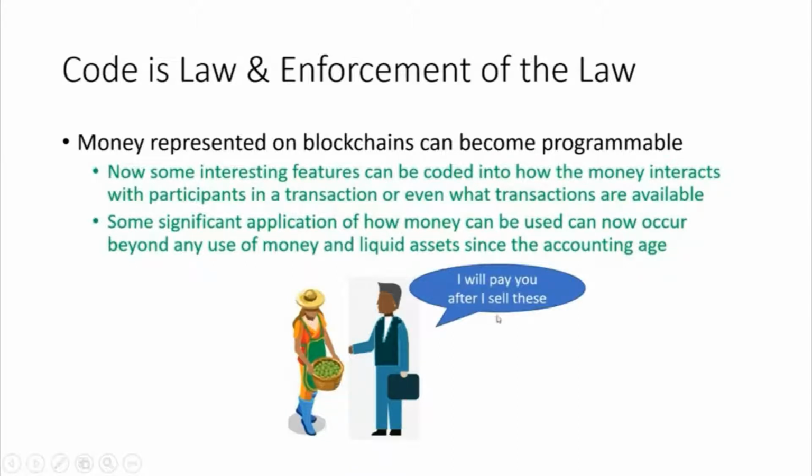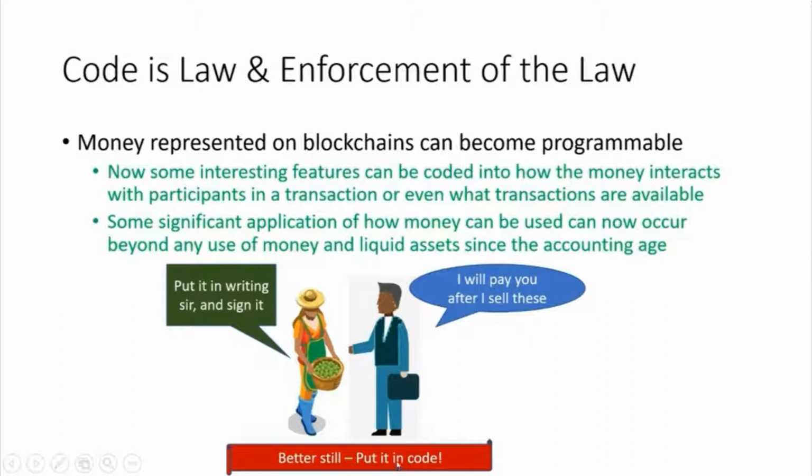Now, for instance, in the old way, when a farmer was delivering some crops to an off-taker, and the off-taker promises to pay them after selling this in the open market or to a commodity buyer, the farmer, concerned about getting paid maybe in a week or two weeks' time, asks for a piece of paper signed as a promise, so they could at least tender that to someone somewhere, maybe a court, and hopefully enforce that payment. But now the new paradigm should be to just put it in the code, and the code right now exists on the blockchain,